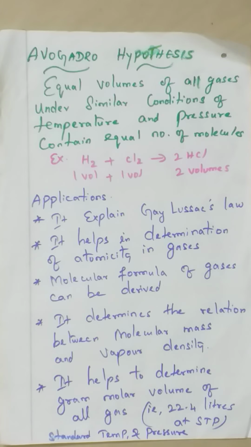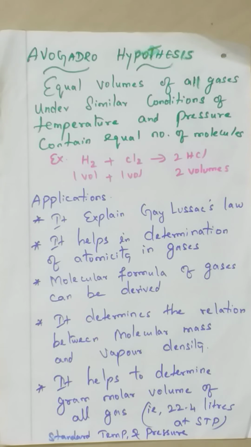If you're giving more pressure also, some reactions will be going on there, so collisions may be going on. Under similar conditions of temperature and pressure, if you take 5 liters of hydrogen and 5 liters of oxygen, definitely their number of molecules will also be the same, because the container is the same and their volume is the same.